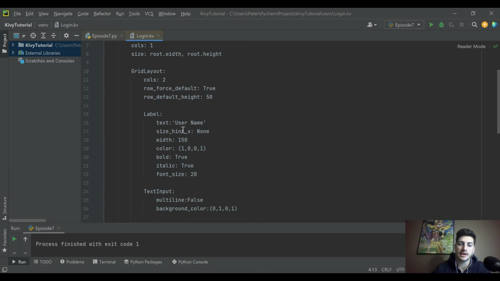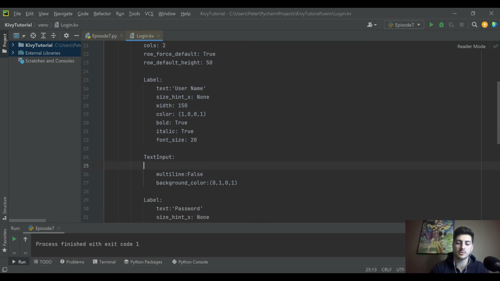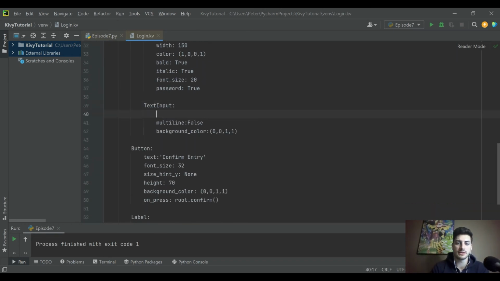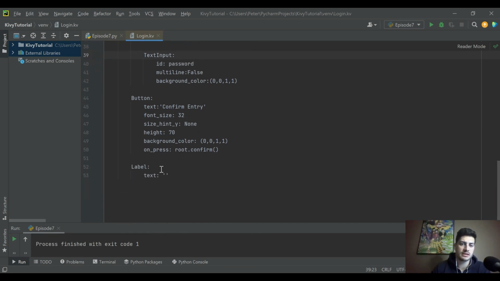initializing variables to use, and then we'll go down to our text inputs, and this one's gonna be, so you use the ID function, and that's how you're giving it kind of a call that can be called from Python. So your main code knows what each text input and button and thing are from the outside world. So the ID for this one is username. We'll make the ID for this one password. Okay, and then let's make the ID for this one, we'll call it actually output label. I gotta go back up and make that up higher. So